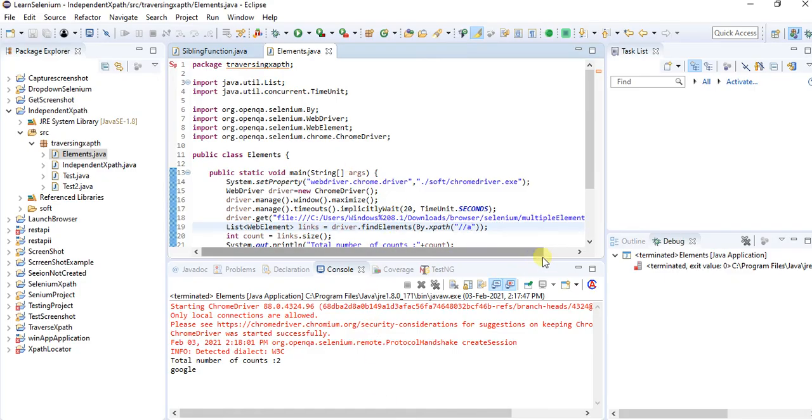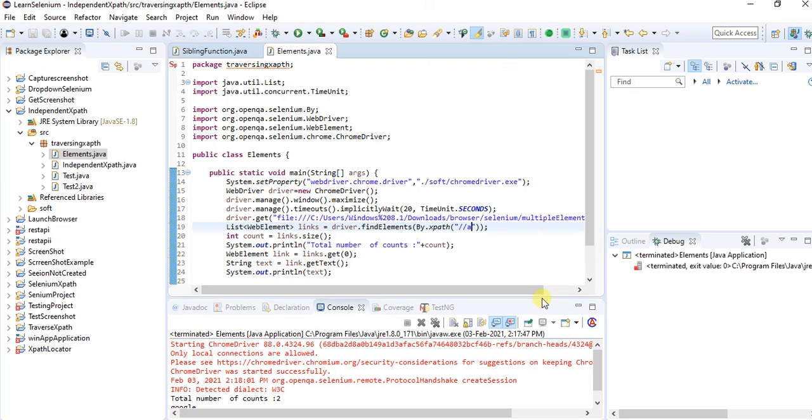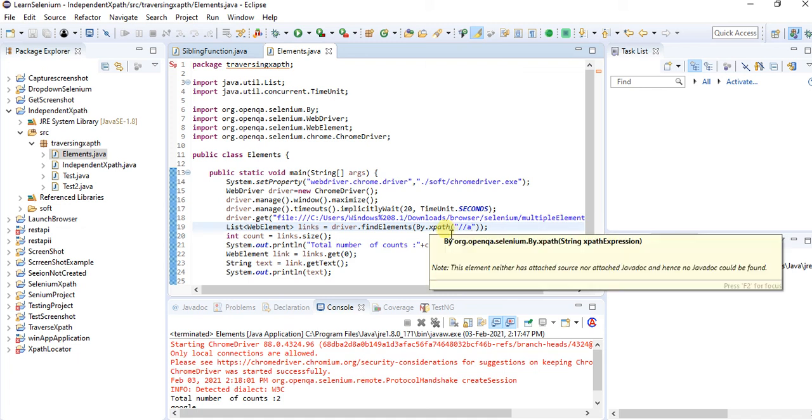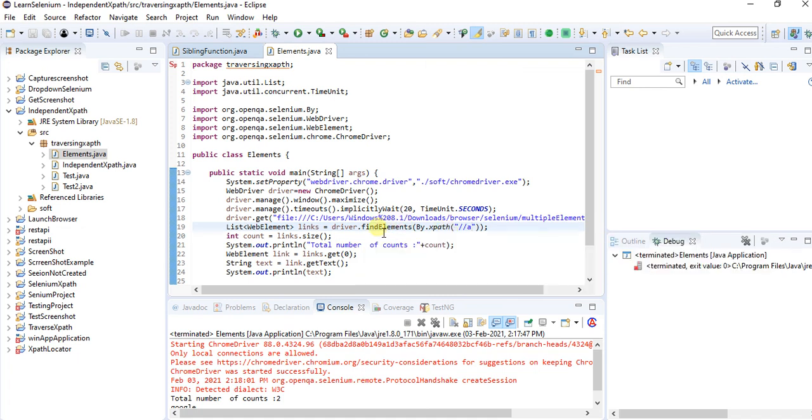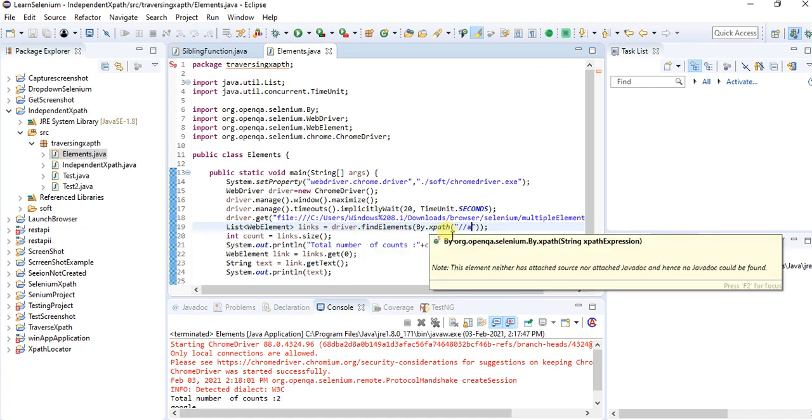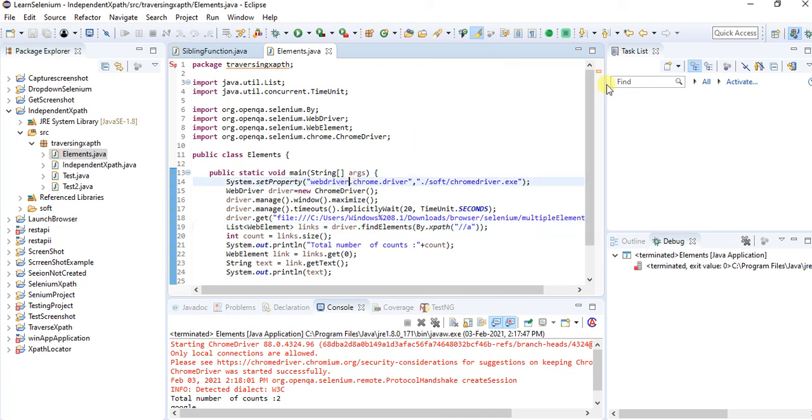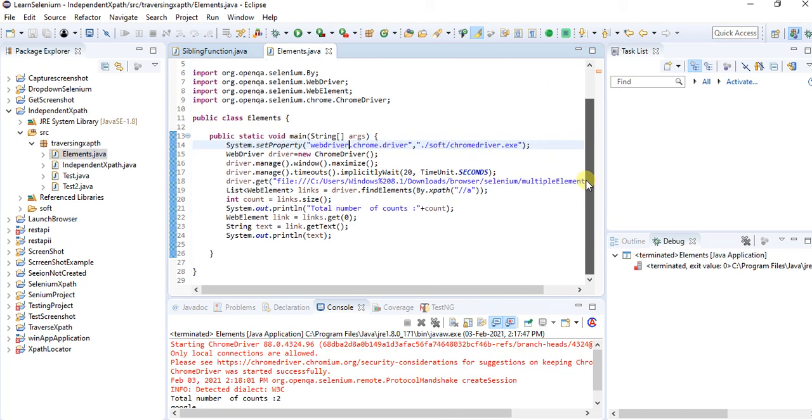Yeah, now we got the expected values. So when we are working with multiple elements, we need to add the correct XPath. Whichever type of locator you have to use for the application, based on that you have to use the locators. So this is what we have done.